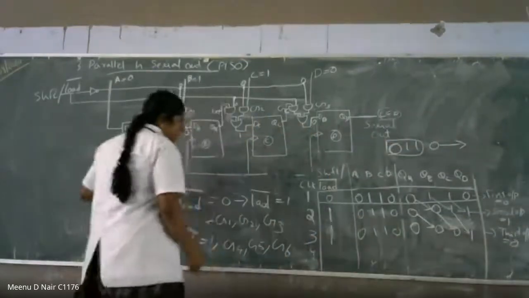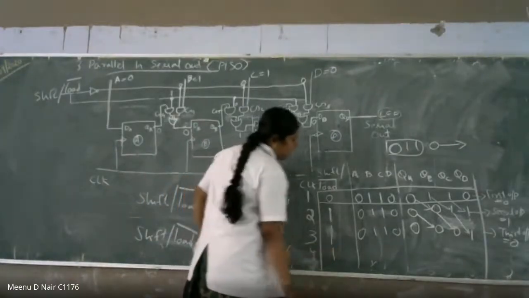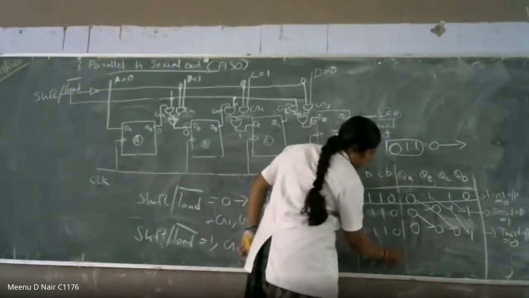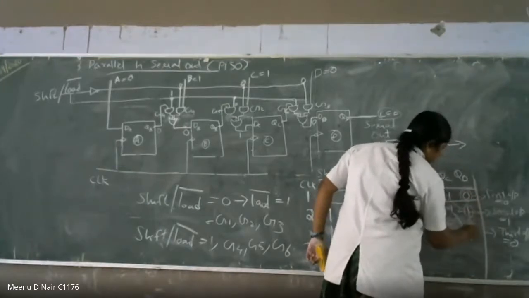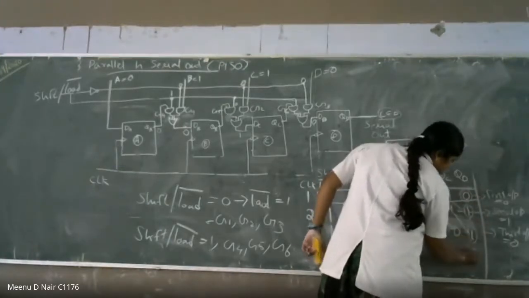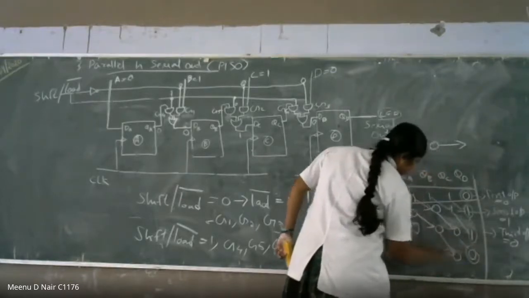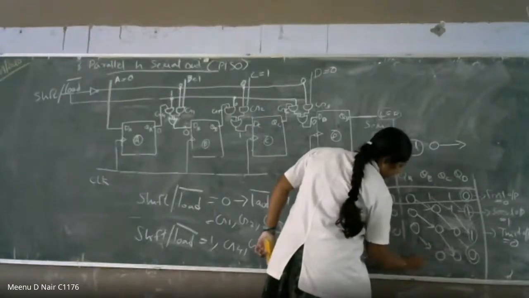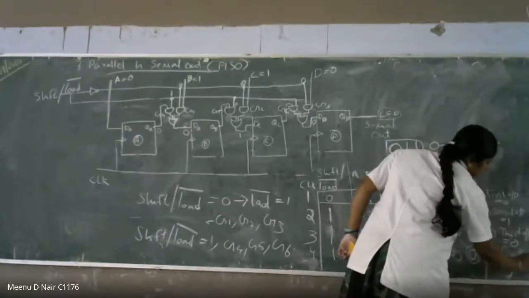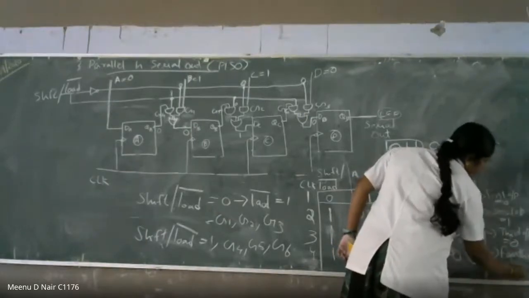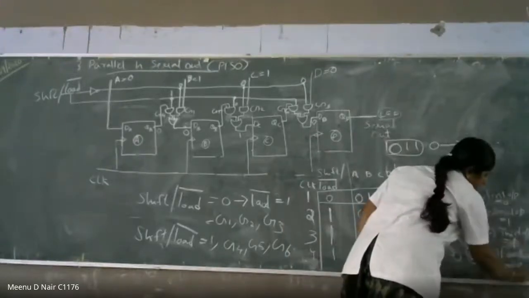Right. Then the fourth clock pulse comes here. This one is 1. Then this is 0, 1, 1, 0. And here it is. This is out. This one is out. This is out. Next one is the 0. 0 comes here. Then this 0 comes here. This 0 comes here. And again here 0. So this is the fourth output, which is equal to 1 only, no? This 1, this is 0.